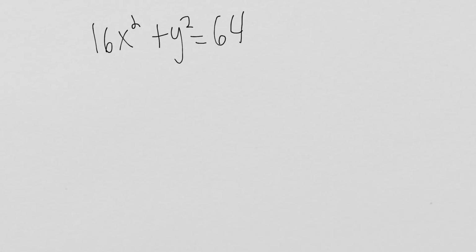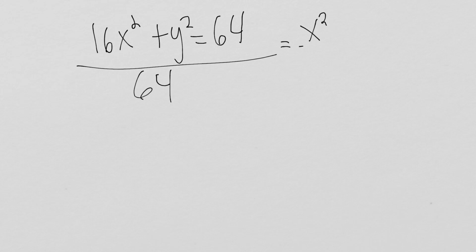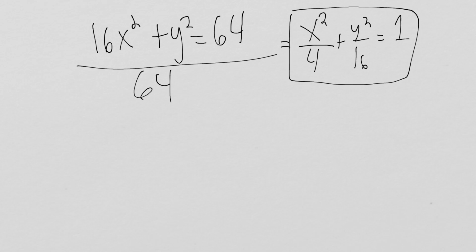Here we have an elliptical path, and it would be easier to see that it is an elliptical path if we actually divided this whole thing by 64, because then we would get x squared over 16 over 64, which simplifies to 1 over 4, plus y squared over 16, and that's equal to 64 divided by 64, which is 1. This is our standard Cartesian form that we're used to when it comes to